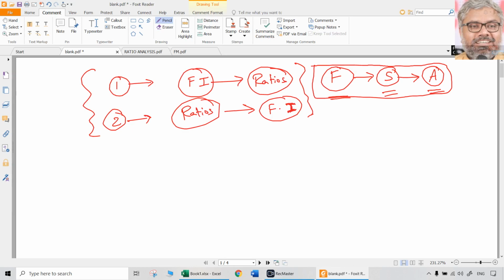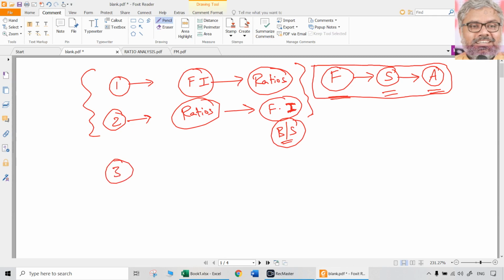You should definitely write the formula for the ratios and then only substitute, because without the formula for ratios you cannot solve any type of question, whether it is the first category, second category, third category. Ratios are common. Only the way the question is asked and what is asked in the question changes. So that is another type of question that can be expected, where ratios are given and financial information is asked. Sometimes the most popular type of question is where some ratios are given and you will be asked to prepare the summarized balance sheet of the company. In other words, you should have computed all the details which are required for the balance sheet. So that is another category of questions, and the most popular.